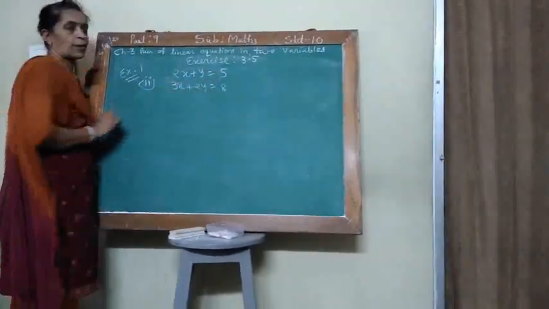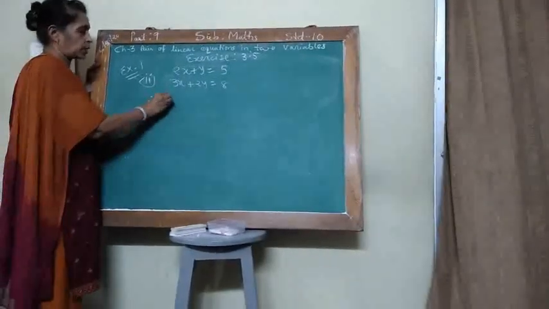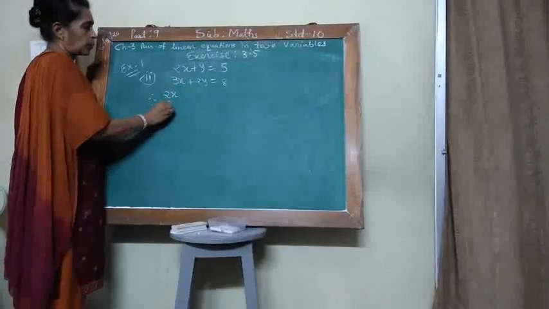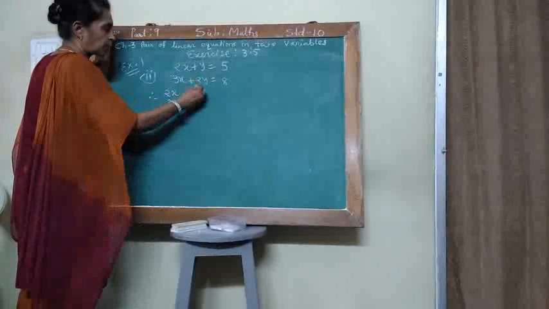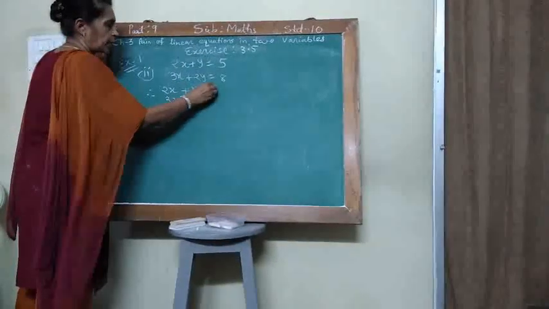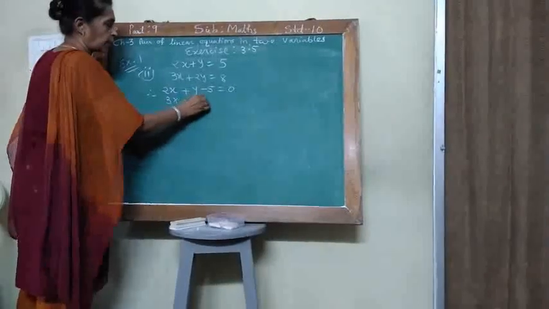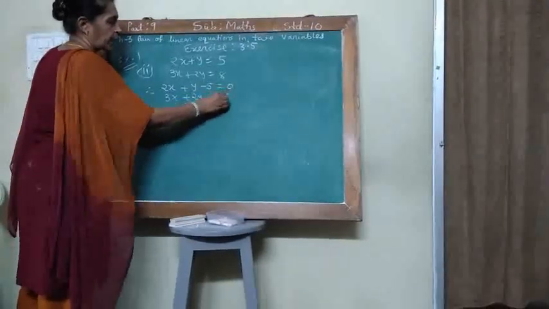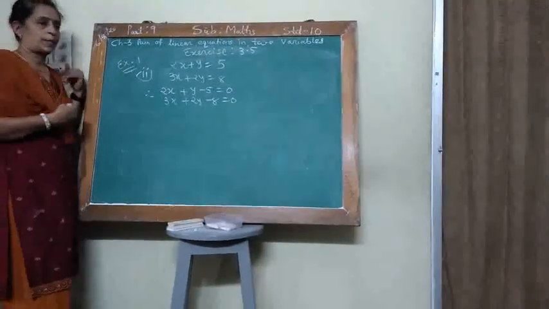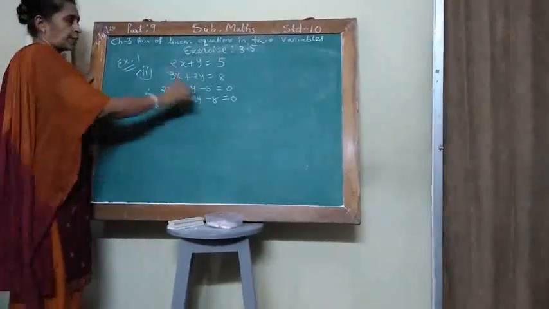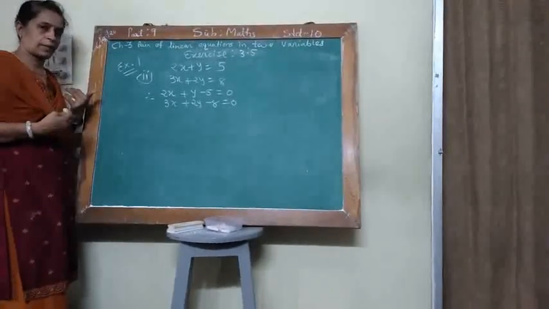Here constant terms are on right side. So in applying cross multiplication method, constant term you must have to write on left hand side. So I first put this C1 on this side, so minus 5 equal to 0. So don't forget, in cross multiplication method you must have to write constant term on this side, means standard form. You have to write standard form. Okay, all the terms on left hand side.